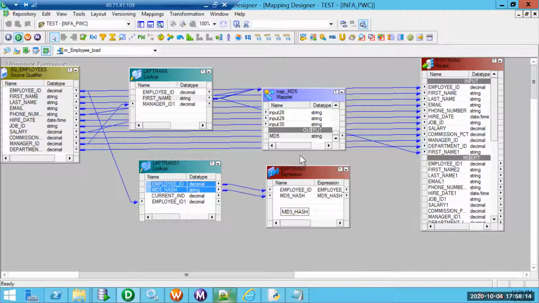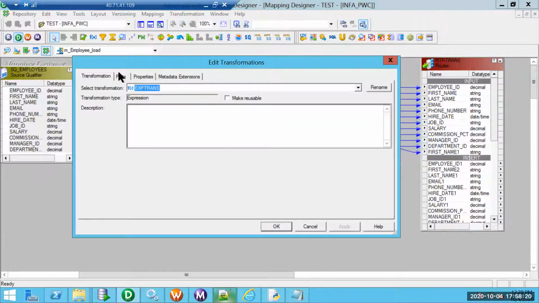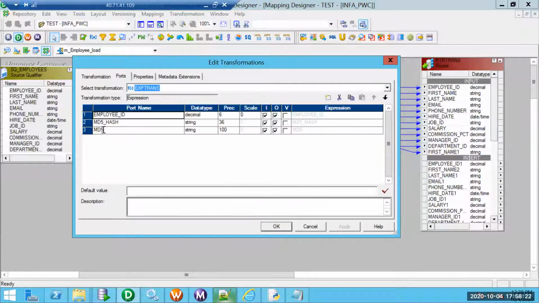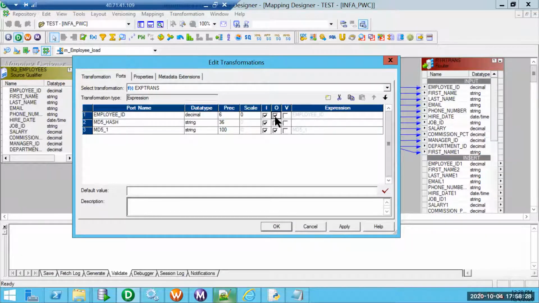So I am pulling in these two fields. I am getting the MD5. I need to add one port, MD5_1. I need this MD5 one. Let me add a flag. So the flag condition is,